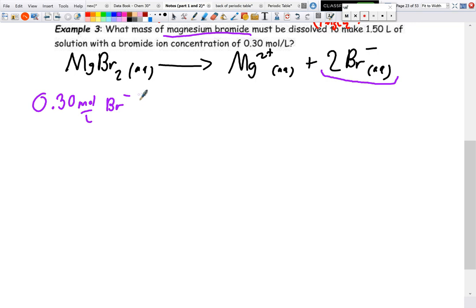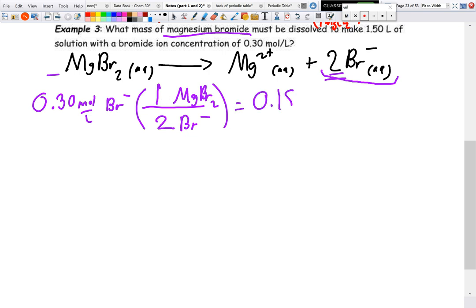So our first step is going to be, we're going to get rid of our bromide ion concentration and find the concentration of magnesium bromide. So what we have right here, the coefficient from the bromide ion is 2, the coefficient from magnesium bromide is 1. So when we do this, we get 0.15 moles per liter of